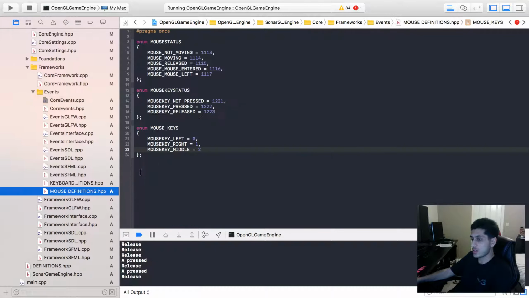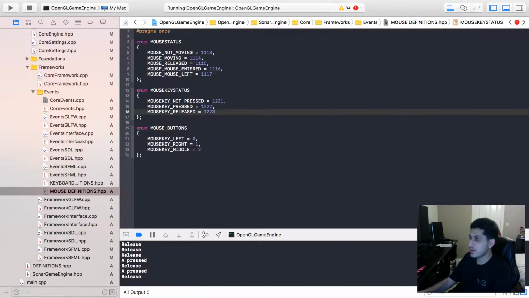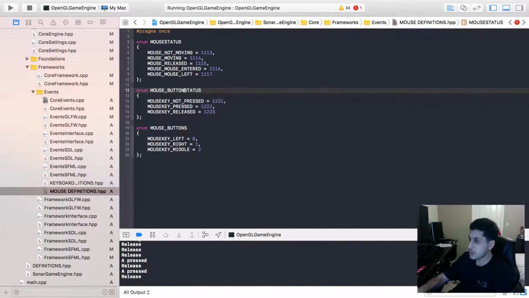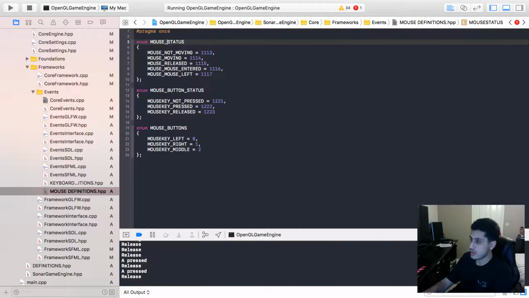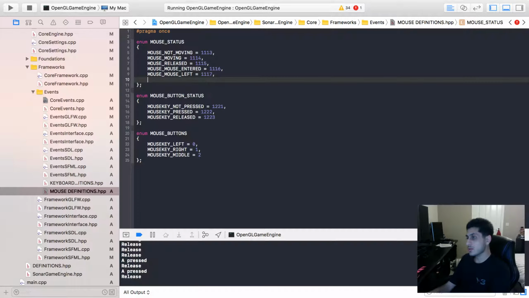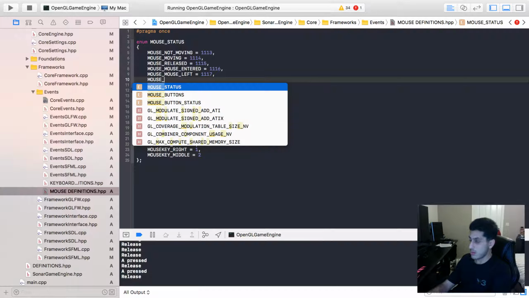Yeah, I need to change the definitions as well. So mouse buttons, underscore button status and mouse status. Could also have in here mouse underscore